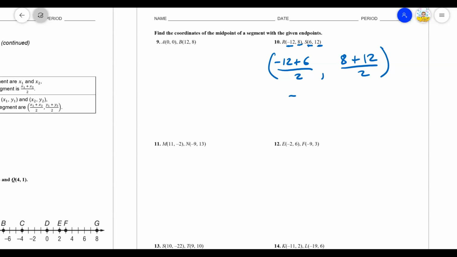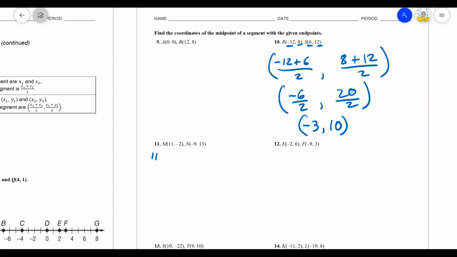Negative 12 plus 6 is negative 6, and we'll divide by 2. 8 plus 12 is 20. Divide that by 2. Negative 3 and 10. And that's all we need to do. We don't have to draw a picture every time. You can if it's helpful to you, if you have graph paper, and that's a better way for you to